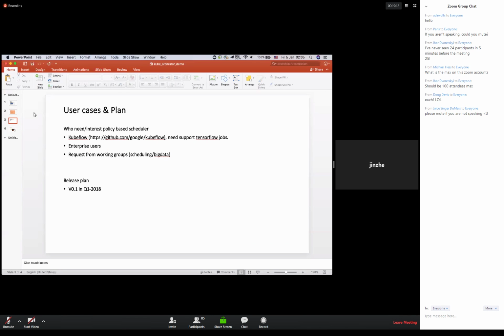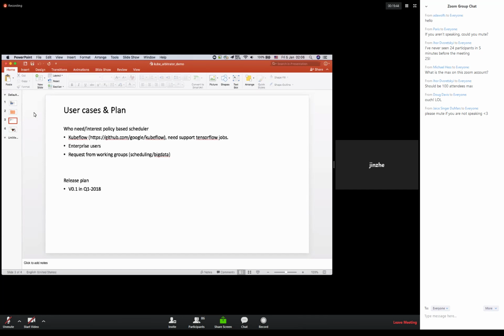We also got some requirements for this project. Some from Kubeflow, who need resource sharing between TensorFlow jobs, and some requirements from enterprise users, but I can't list them here for some reason.